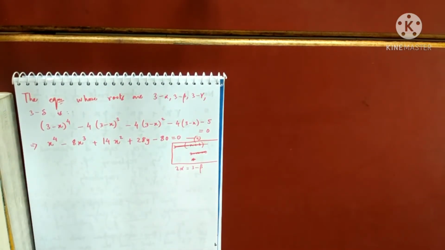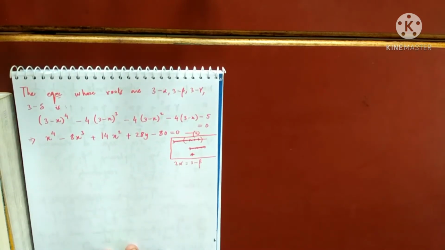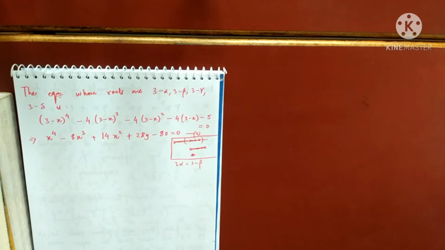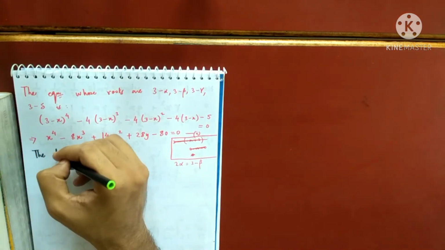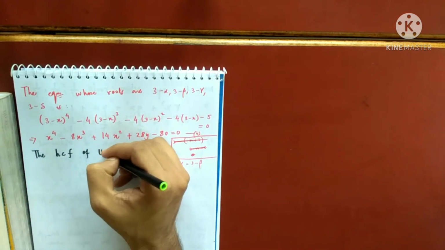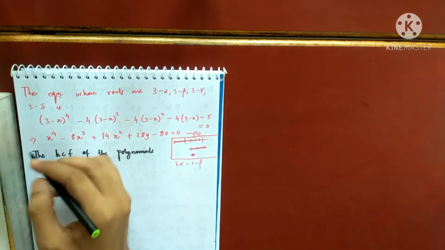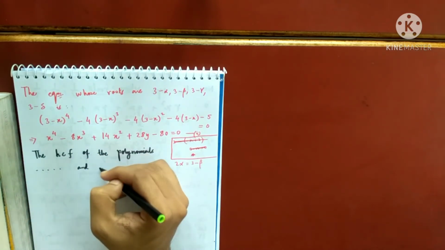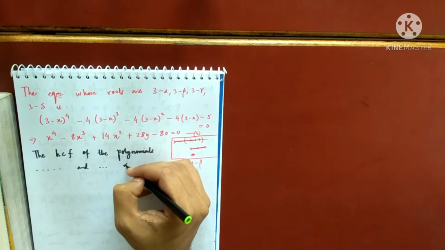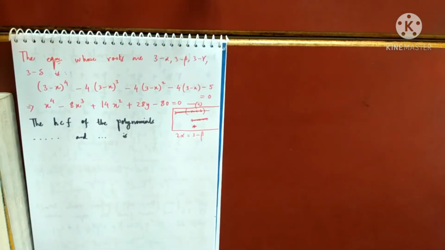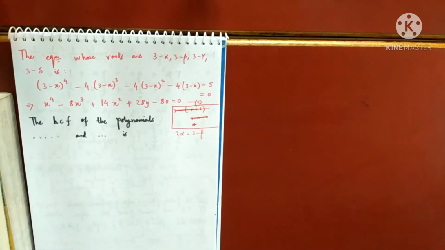So they have a common root, and how can we find the common root? By finding their HCF. Because if alpha is a common root to both of them, then x minus alpha will be a factor of both of them, and hence a factor of the HCF. So our task is to find the HCF of the polynomials. We write both the polynomials, first polynomial and the second polynomial, this one without the zero. I will not find the HCF again, because I have already taught you how to find the HCF. You do it.